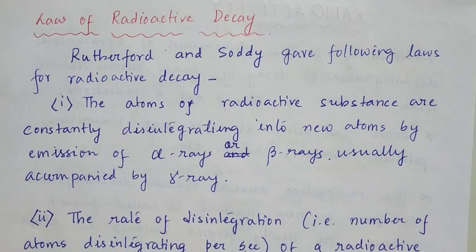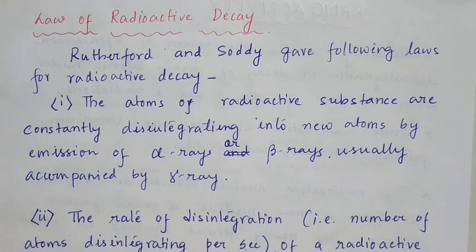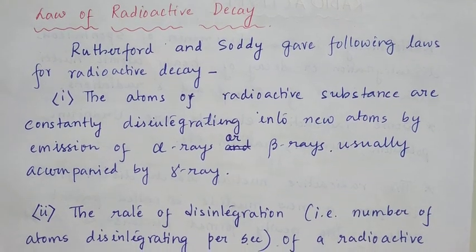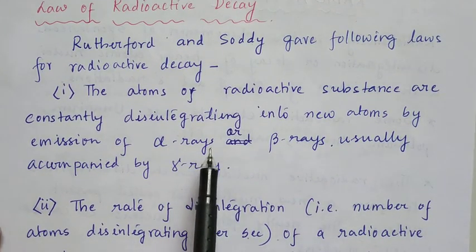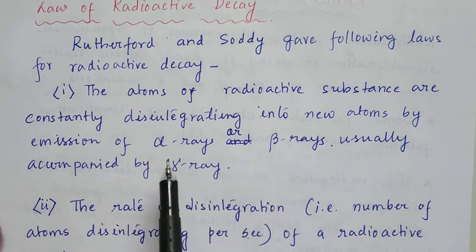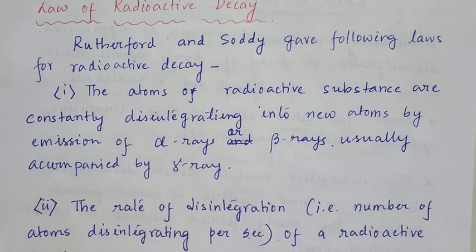If you have some radioactive sample, that is some amount of uranium, thorium or plutonium, the atoms of that sample are constantly decaying or disintegrating to become stable, and as a result some new atoms of different elements are formed. This happens by emission of alpha ray or beta ray, and this emission is usually accompanied by gamma ray, as we said, because